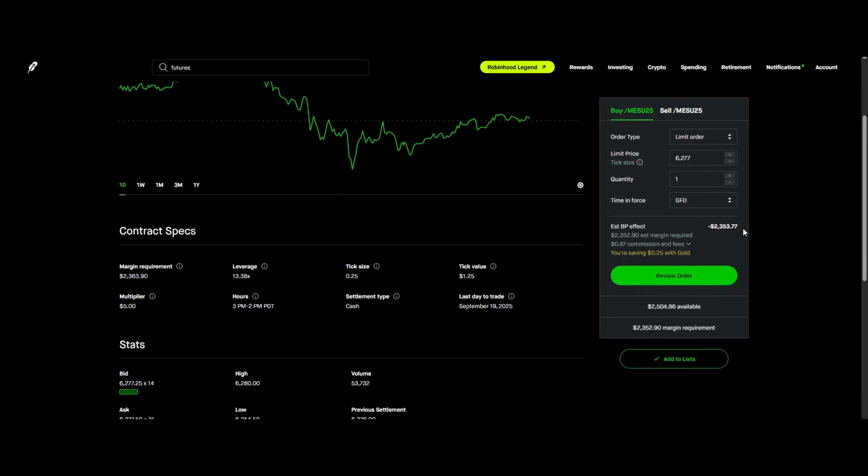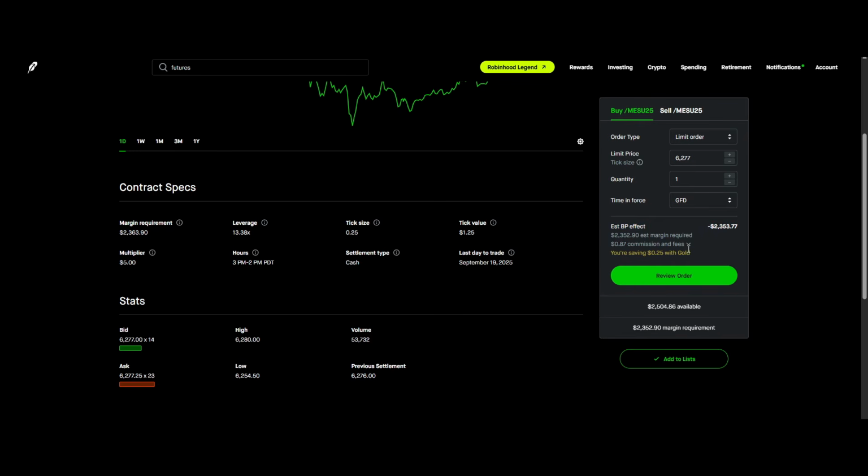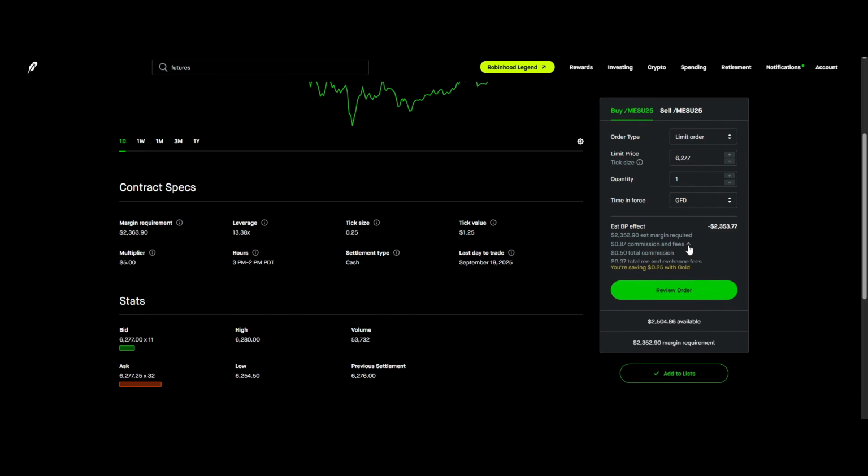Then over in this area, we can see the estimated buying power effect, which essentially shows you how much money you're putting up to hold this contract. It'll also show you the commissions and fees. Here it says 87 cents. That's because I have Robinhood Gold. If we hit this little drop down box, it'll show us a more detailed fee breakdown. As you can see, 50-cent total commission and 37-cent total regulatory and exchange fees, bringing the total up to 87